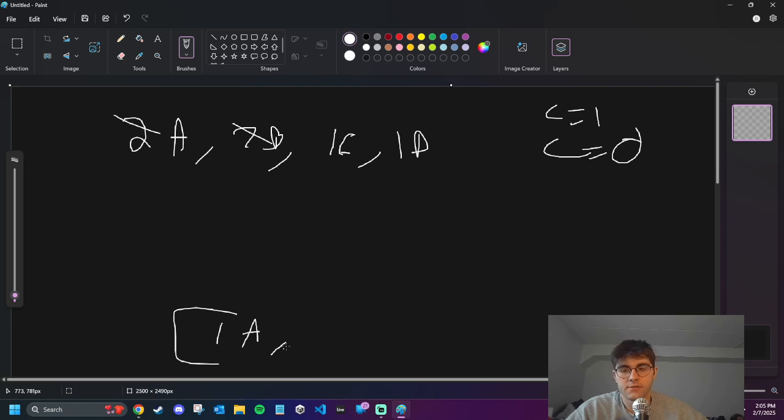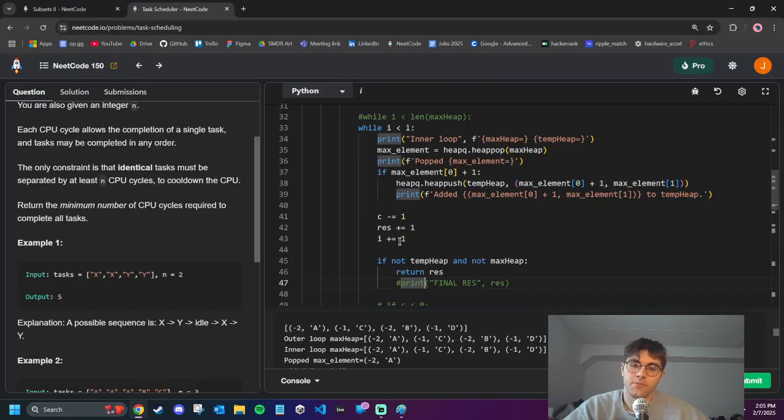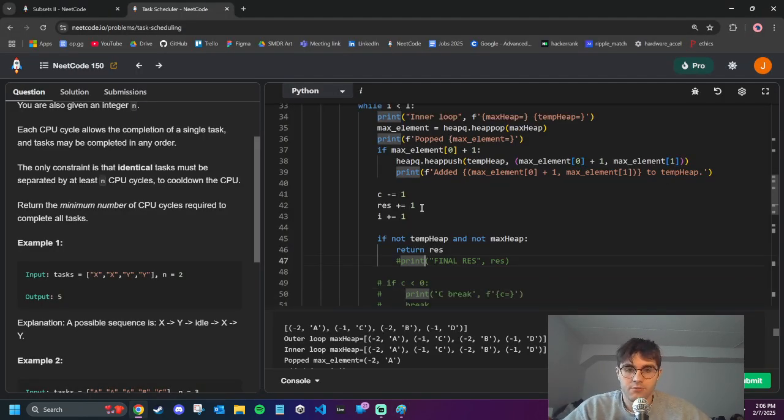And then we do this, and then it's 1b. And now c is down to 0. Okay, so in this case, right here, after we pop an element and c goes down to 0, now what we want to do is just restart the whole thing. So if we pop an element, I mean, we could